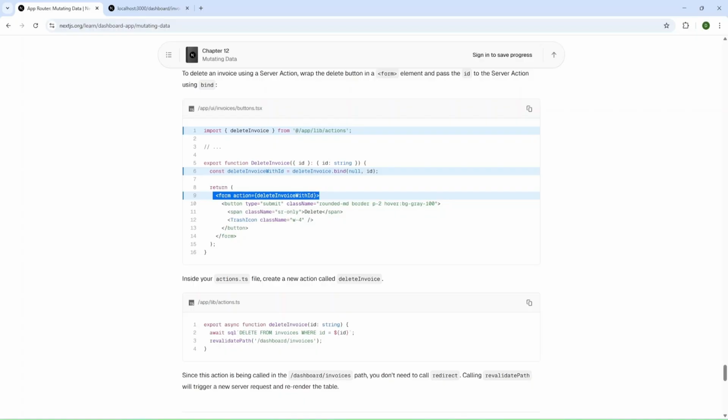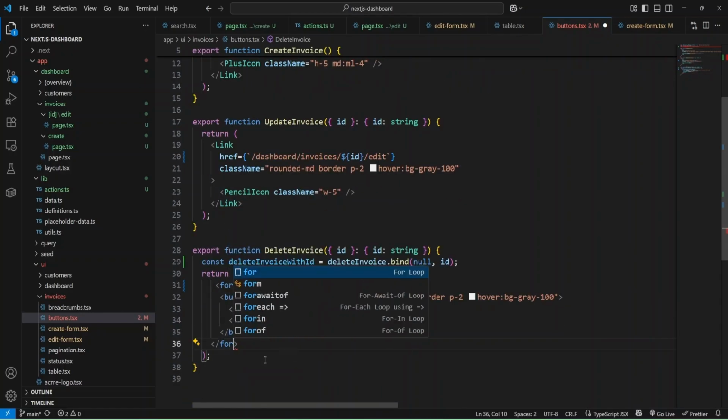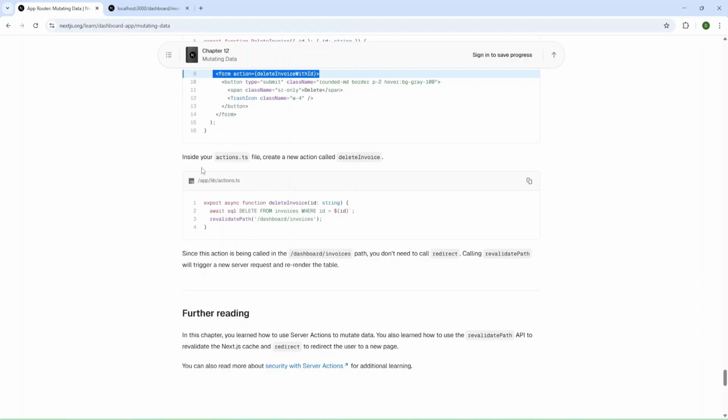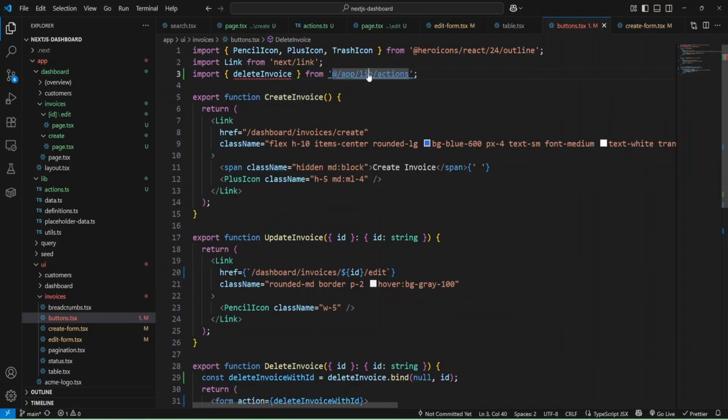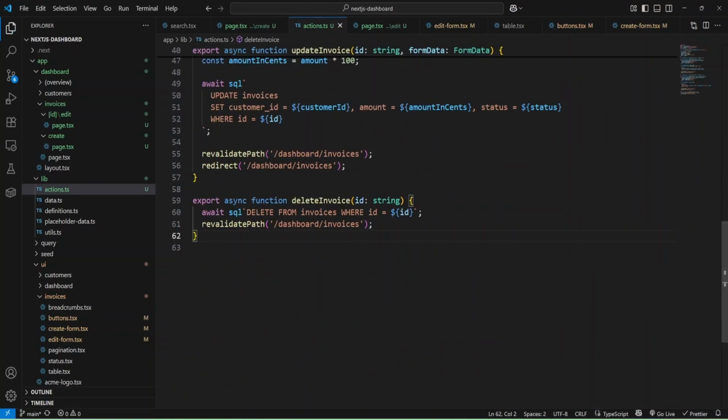And we don't have form here, and let's add form and close form. Okay, and now we can add delete invoice inside actions, and let's do it. Okay, and I'm going to just add this code.